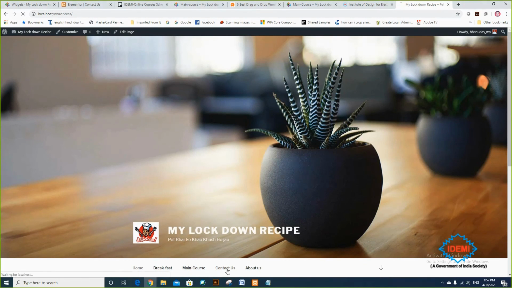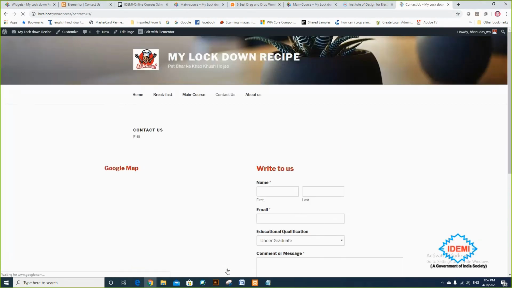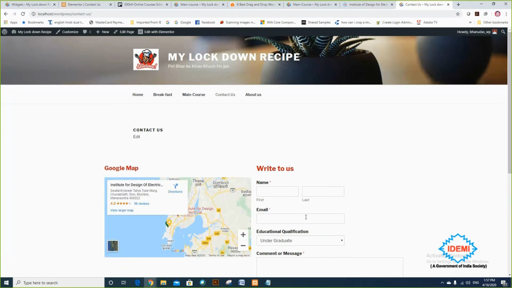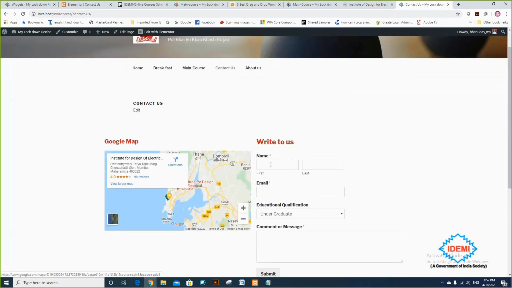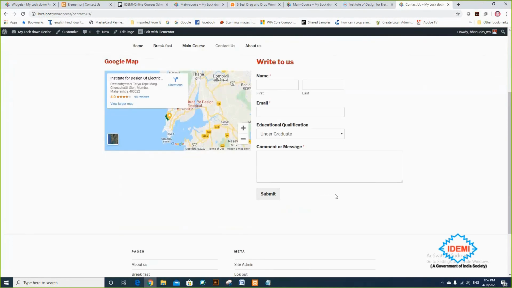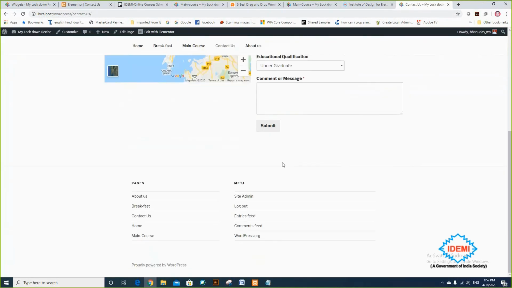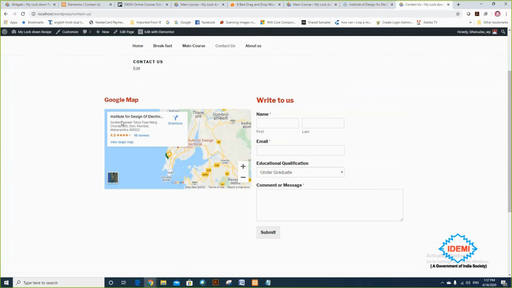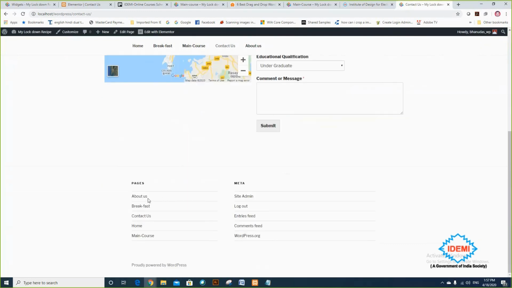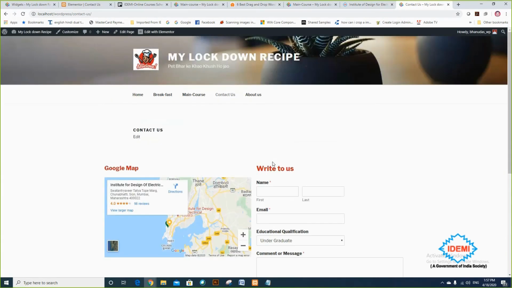Previously it was not good, but now because of Elementor, all things get aligned properly. So this is my Google Map, this is my form, and this is my footer 1 and footer 2. I can remove footer 1 and footer 2 from it, and I will choose a slider for the home page also.